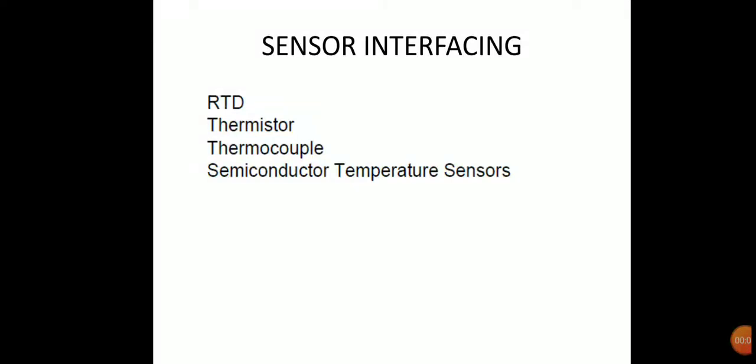Good morning to everyone. In this lecture, EC8691 Microprocessors and Microcontroller, Unit 5, Microcontroller 8051 Interfaces and Applications. In the previous session, you studied the keyboard interfaces, the display interfaces, and also the ADC and the DAC interfaces. Today, we are going to discuss sensor interfacing with the 8051 microcontroller.